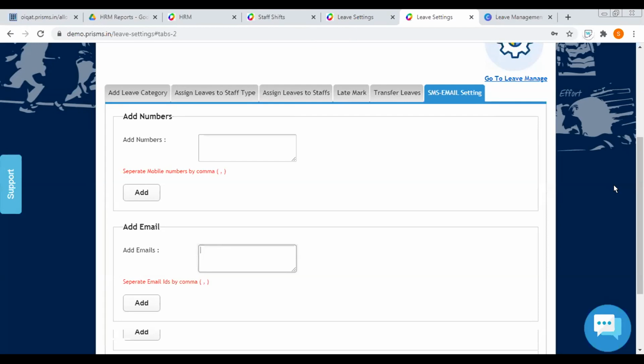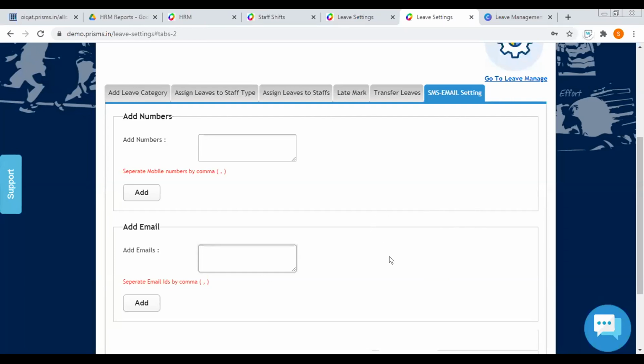So in add numbers, we have to add the number of the person who will approve, the admin staff. They will only get a notification that this teacher has applied for leave, and to approve they have to go to the portal and approve it. Oh, okay. Thank you.